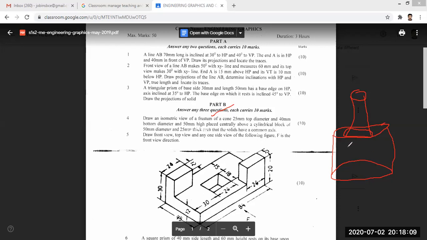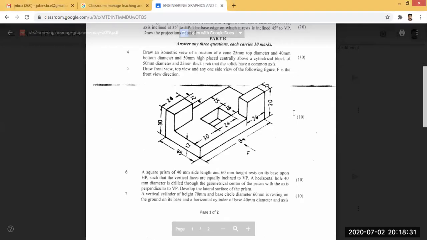That is, there is a cylindrical block, and on the top of the cylindrical block there is a frustum of a cone. So you have to create this object in Fusion 360. That is one question. Then the next question is